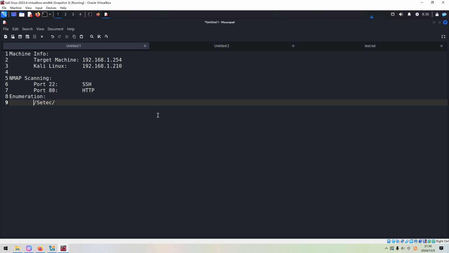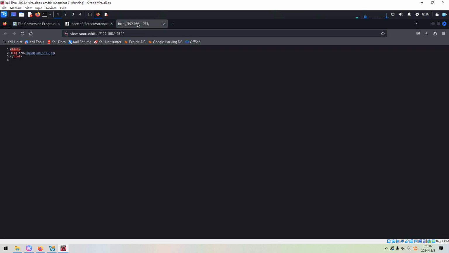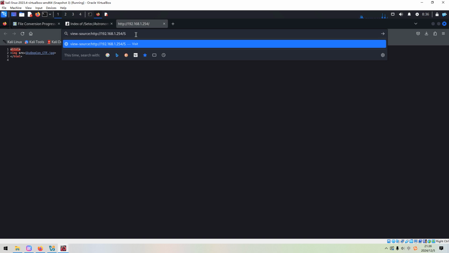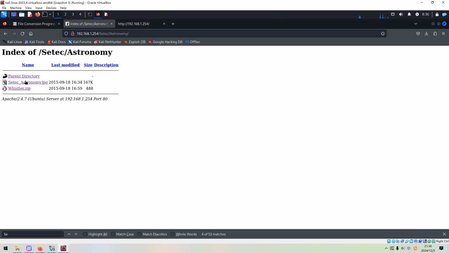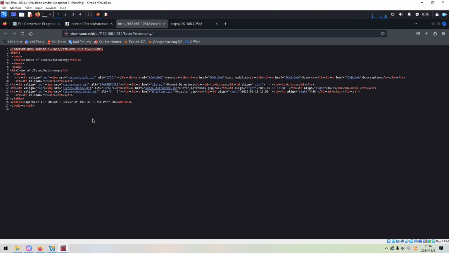Okay, so next, just now we have already found that picture, right? The picture, sky, not this sky. We can access this one. Go back, go check the source, and then... not here.